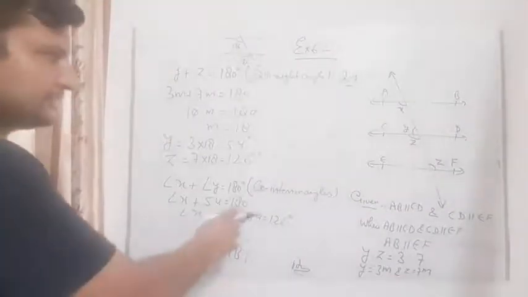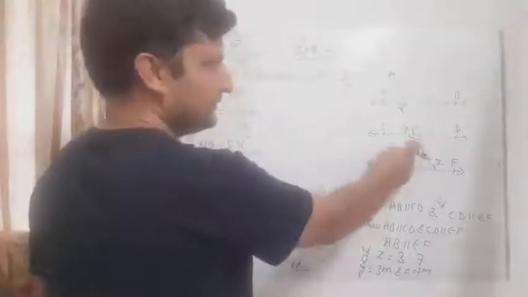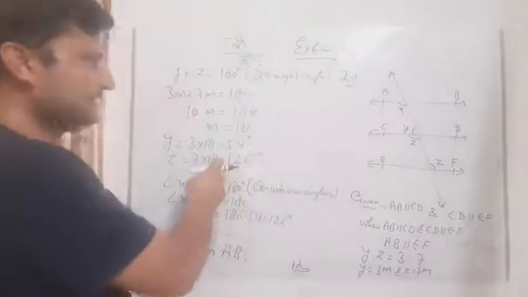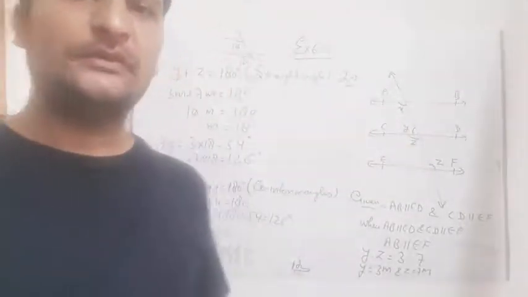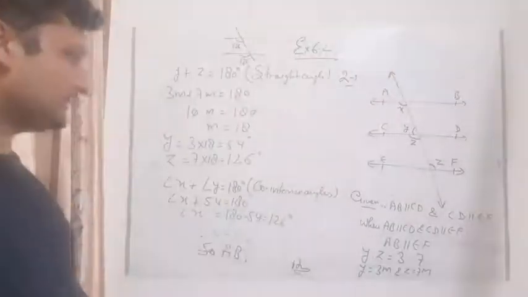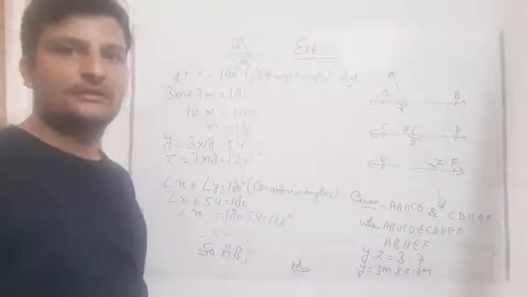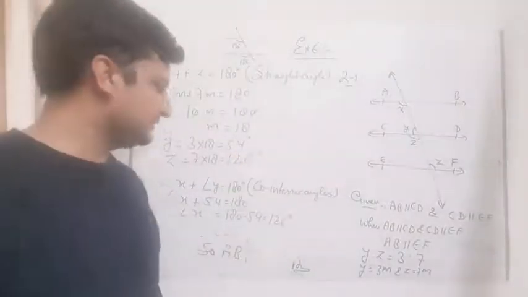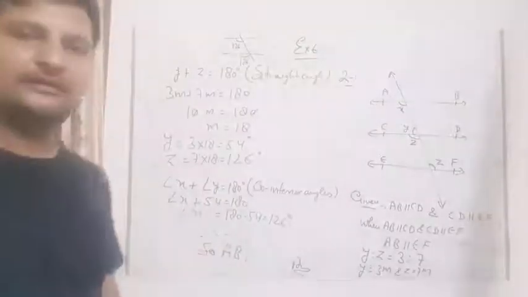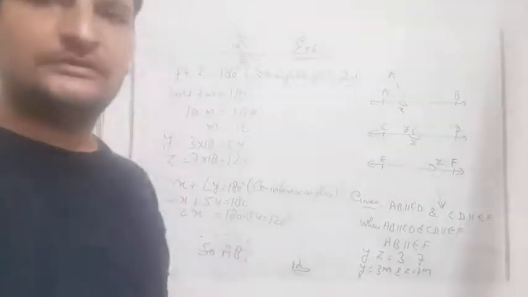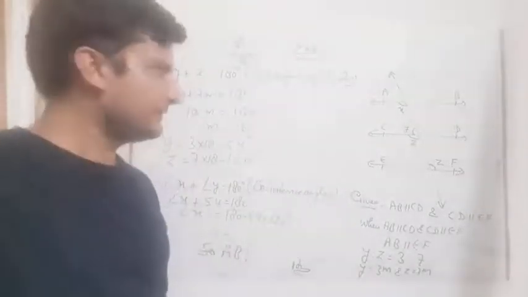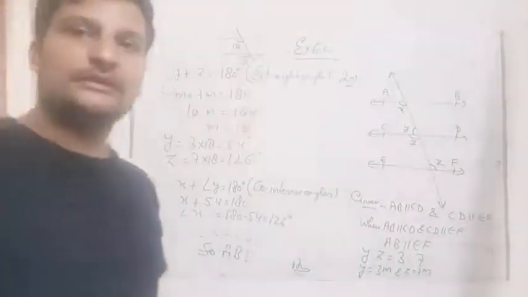If you want to do it like this, you can say that if the value of z is 126 degree, we can easily say that angle x is also 126 degree, because these two are corresponding angles. Either you can do it by this method, or the sum of these two angles is 180 degree, because these are co-interior angles. So the sum is 180, so x is equal to 126 degree. So student, note it down, and then after that we will do question number 3.